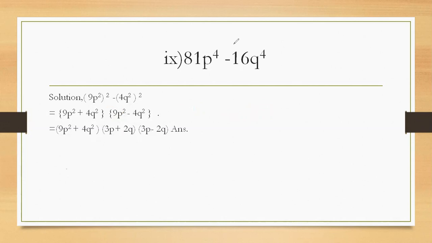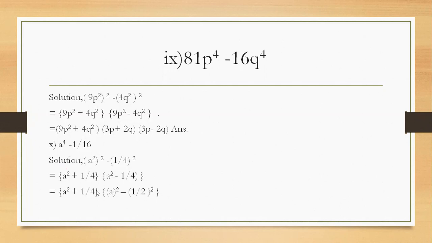And now look here, children, another one. Here x power 4, this is a power 4, look, a power 4 means a square whole square, 1 by 16 is 1 by 4 whole square. It is same, a means a square, b means 1 by 4, a square minus 1 by 4. This plus 1, no need to convert into factors. So here this we can again write a square minus 1 by 2 whole square, a means a, and 1 by 2 is b, a plus b, a minus b, this front one same. These are the factors of this question.